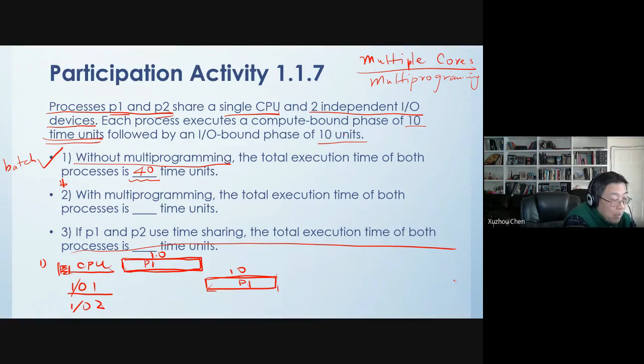Since it's a single CPU, at any particular time, even though the CPU supports multi-programming, the CPU can still only execute one process at any particular time. We're going to talk a little bit more about how this works. However, since it supports multi-programming, after process 1 completes the CPU-bound phase and starts to switch to the IO device,